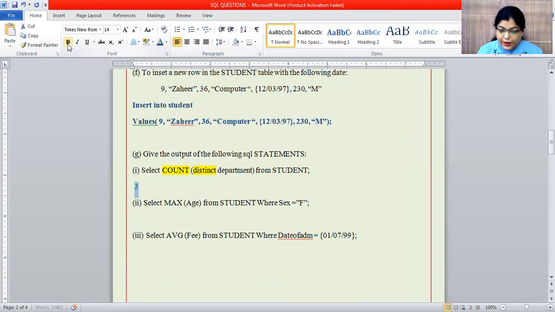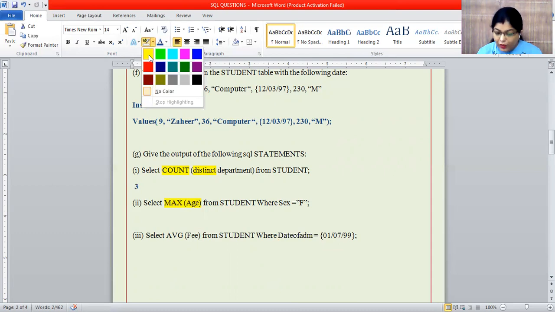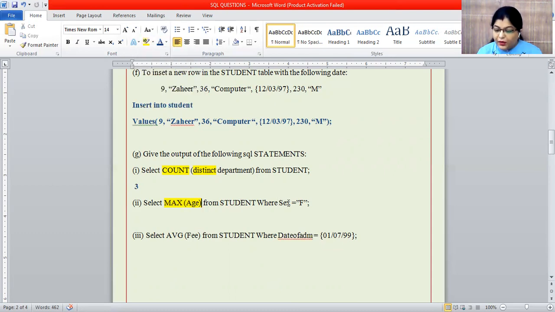Okay. Select maximum age from student. Maximum is an inbuilt function here. You have to find the maximum where the gender is equal to female.